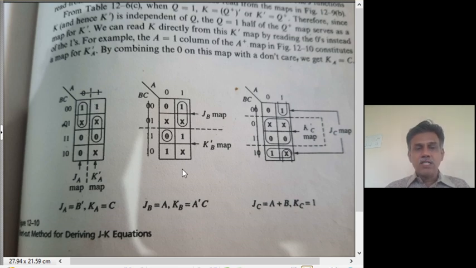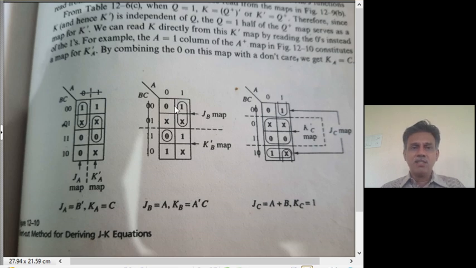Now come to JB and KB cases. For that you need the B plus K map. So assume that this is the B plus K map, divided into two parts corresponding to B is equal to 0, this upper part, and B is equal to 1, the lower part. Strike off B to denote that B is not going to figure in the expressions for JB and KB. That is what this line indicates. Then the B is equal to 0 map is being covered to arrive at JB.